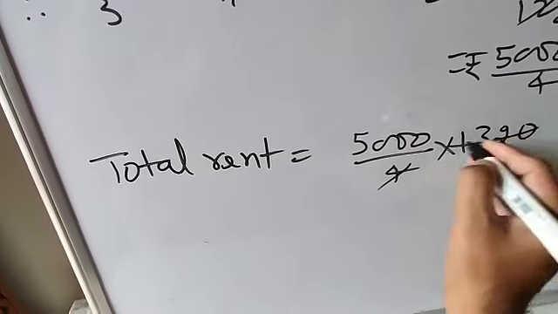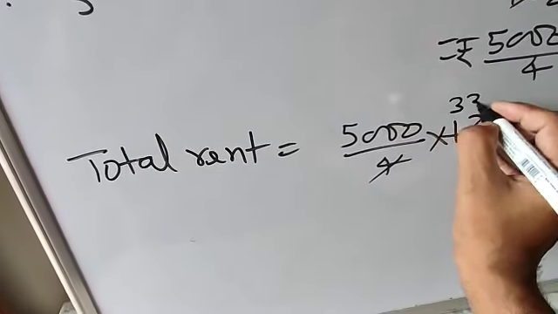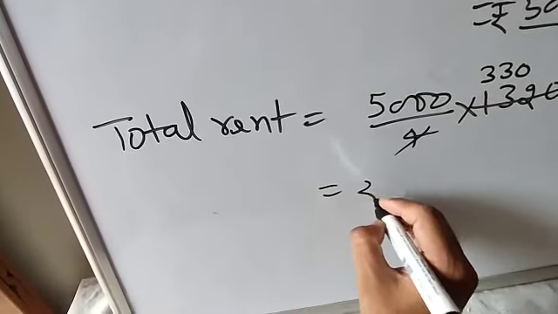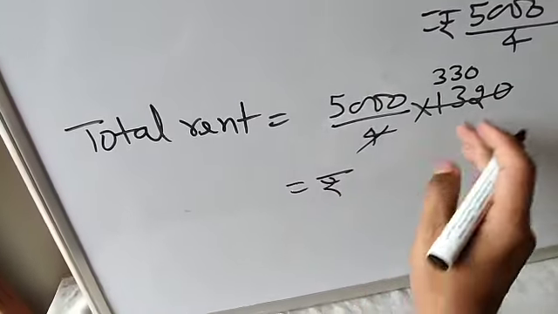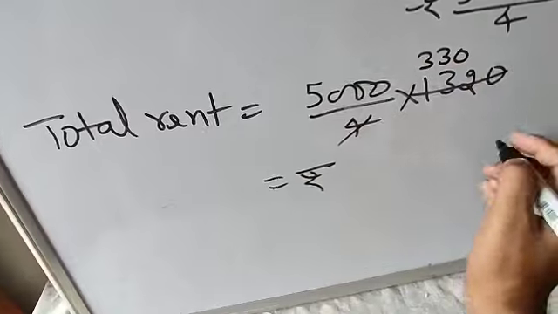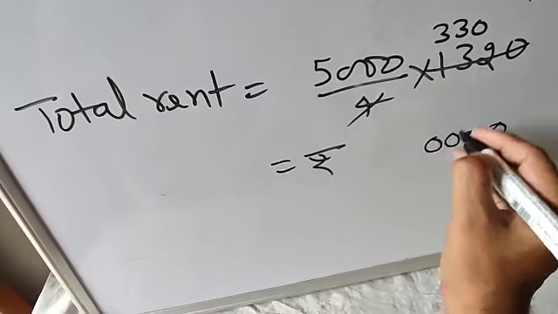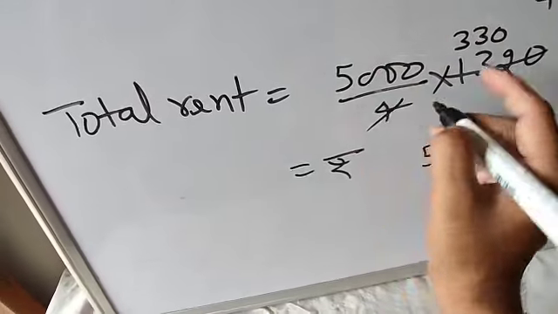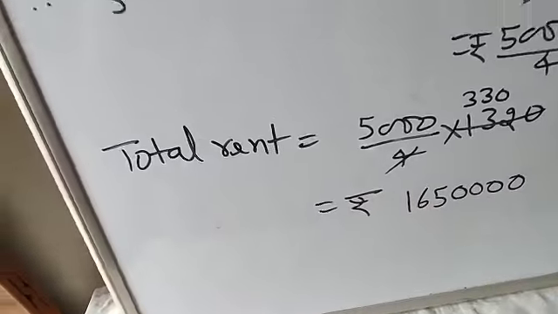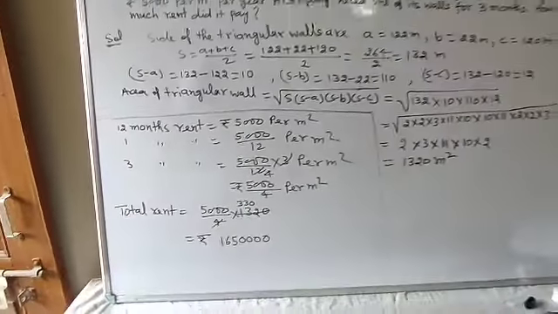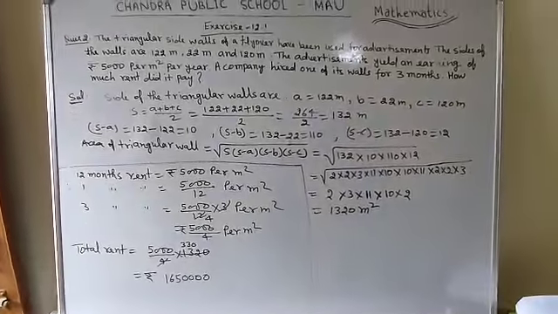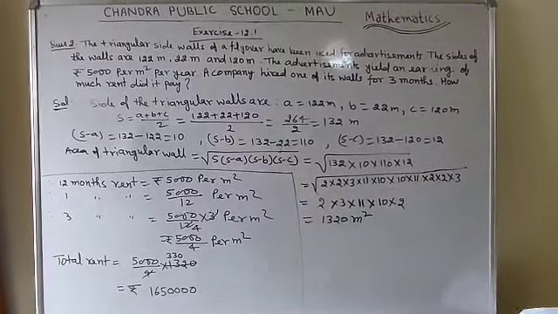So it will be cancelled by 4: 4 3 ja 12, 4 3 ja 12, 330. If you multiply, you will get 1 2 3 4 0 will be there. Then 5 3 ja 15, 5 3 ja 15, 1 16. So it is the total cost of the walls that will be used for the advertisement for 3 months.